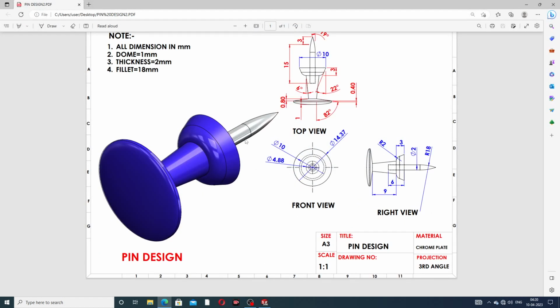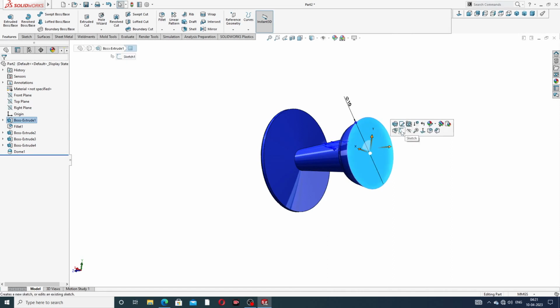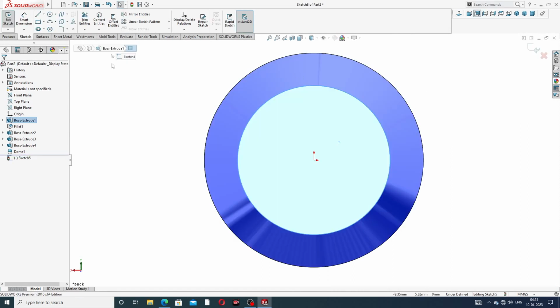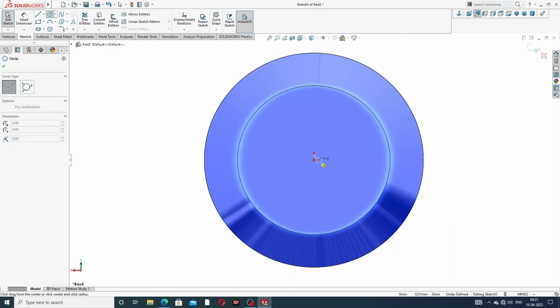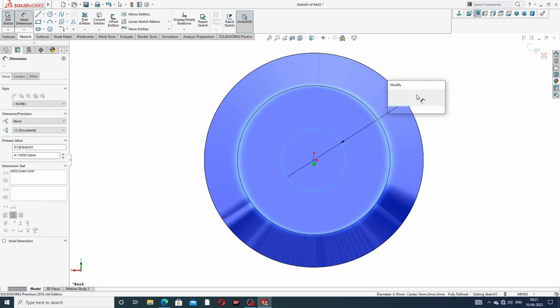And next point is the pin drawing here, and some important points. This pin diameter is 2 millimeter, and at first drawing, inside is 6 millimeter and outward is 15 millimeter, and again 3 millimeter at 90 degree. Okay, draft is available here. At first select this face sketch normal, draw a circle, and use a 2 millimeter diameter,